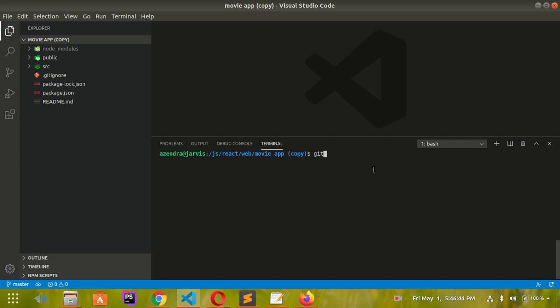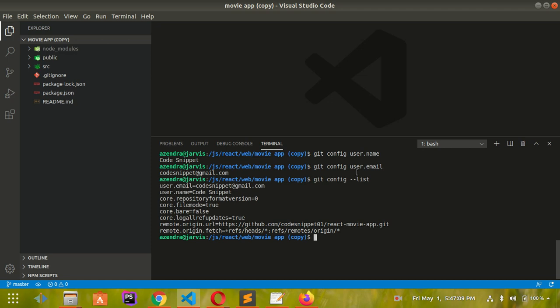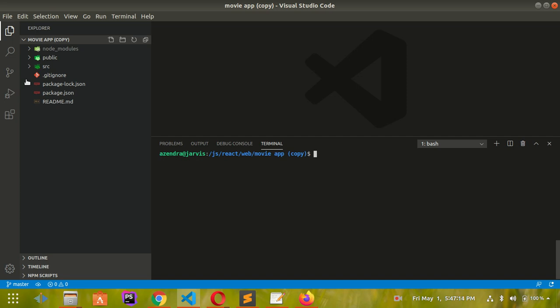You can use this command: git config user.name. As you can see, I have already a username called cool snippet. And also to check the email, you can do git config user.email. And to view all the details, you can also use git config --list. So if you need to change this email and username, all you have to do is git config